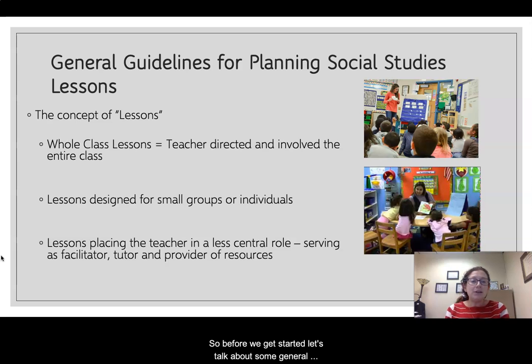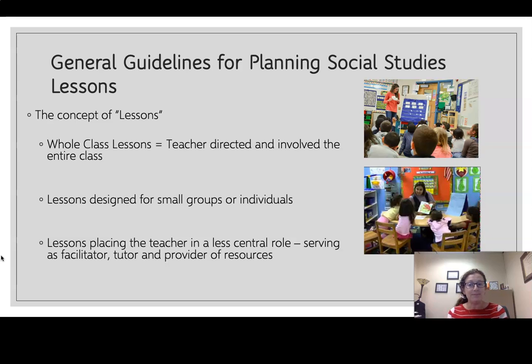So before we get started, let's talk about some general guidelines for planning social studies lessons. First off, we need to consider the concept of the lesson. There's a couple different types of lessons that you can do. You can do a whole class lesson. That's where it's teacher directed and it's involving the entire class. And this works for some concepts, but we're going to talk a lot more about lessons designed for small groups